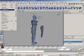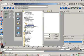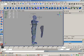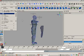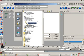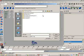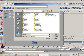Okay, so save scene as something so you can get back to it, because we're going to open a previous lesson. So way back in lesson